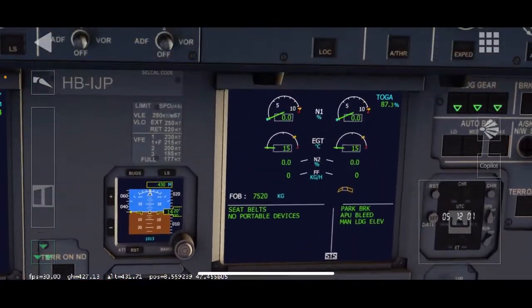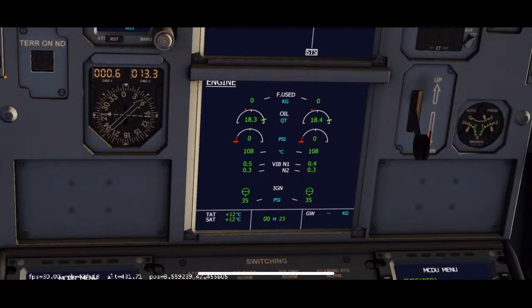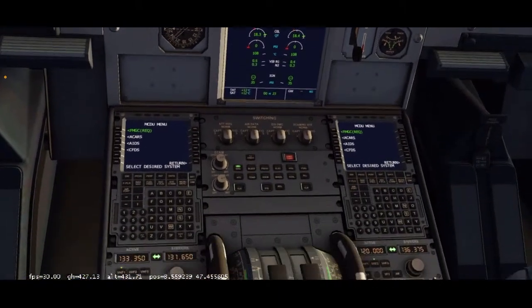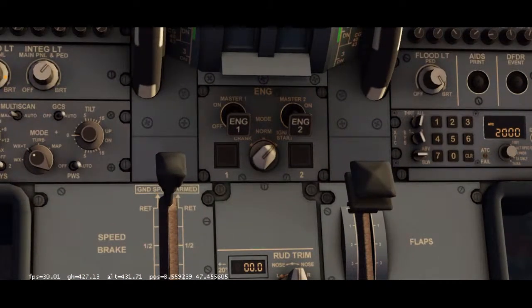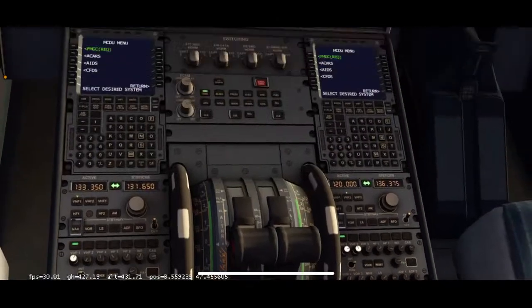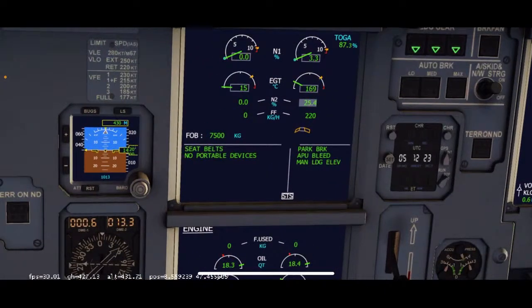Showing my engines up here. It's also up there. So you're going to see when I turn this on, those lines are going to start to increase. So we're going to slowly go back here. Ignition, start checked. We're going to do engine 2, switch on. And you see on both screens, that second one starting up.